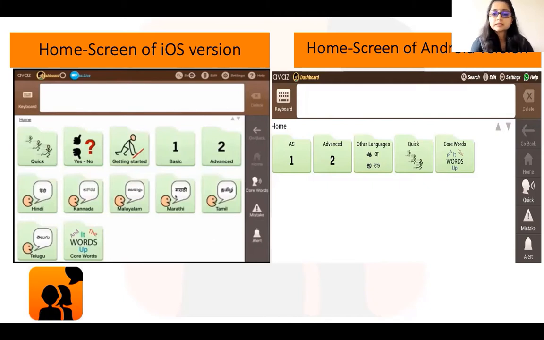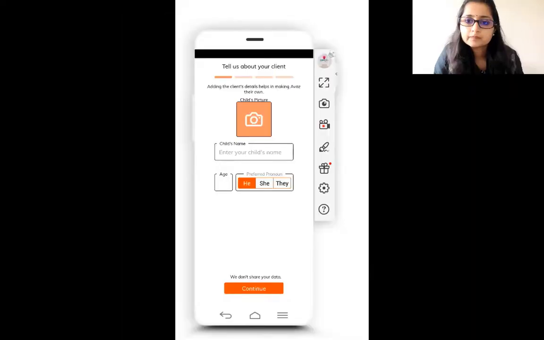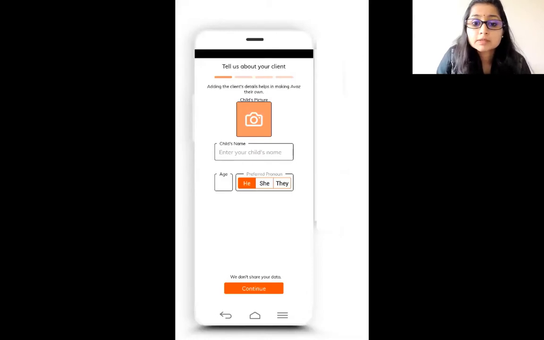So let me start by introducing you to a feature called onboarding, which is available on the Android version. Let me take you through that first. When you install the app on the Android version, after you set it up, you get prompted with questions to set up your child's profile. Let me screen share, and I'm going to pause a bit here. So this is the mirroring. This is the onboarding feature. I am mirroring Avaz that I have on my phone on the laptop.